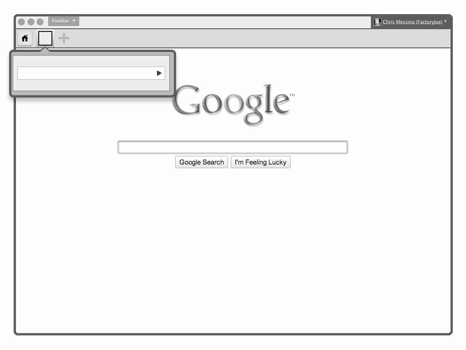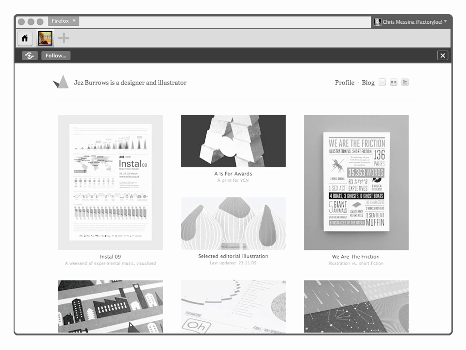Here we are at our trusty old home page. We're going to go ahead and load up a new window or tab here for a person's home page that we recently saw when we went to a coffee shop. In fact, this person's art was on the wall, and so you want to go check out and see what this person's all about. So we're going to go ahead and visit jezburrows.com. And so here we go.